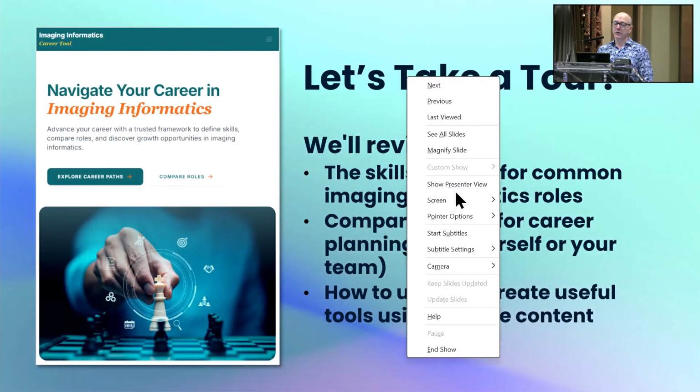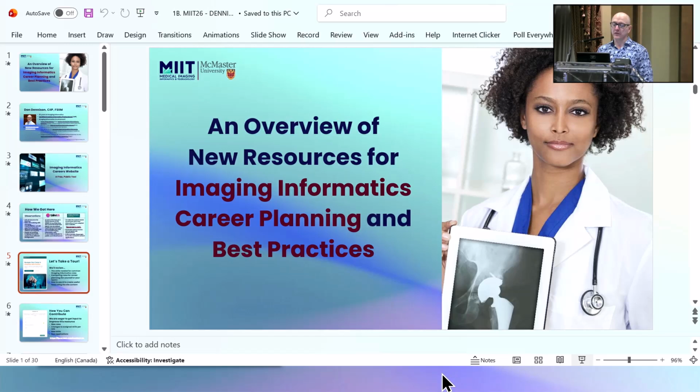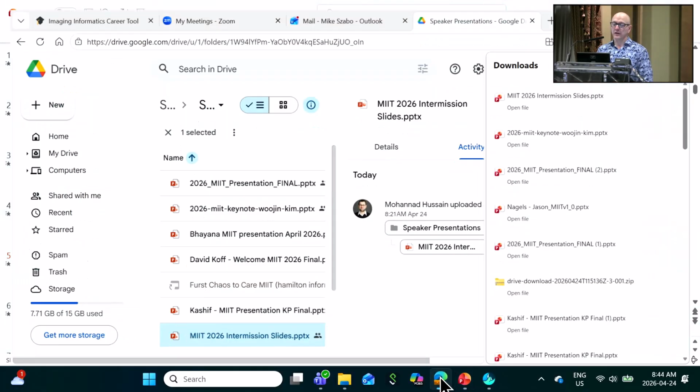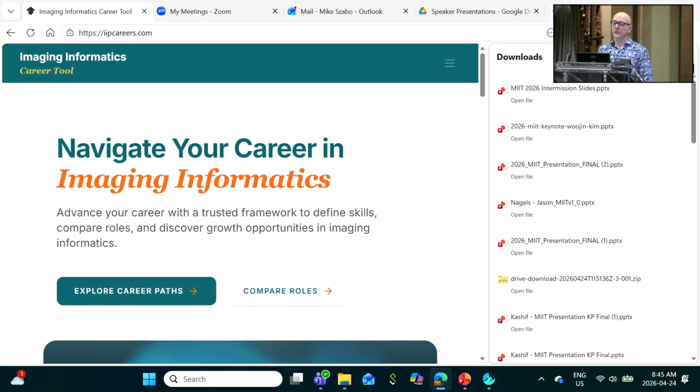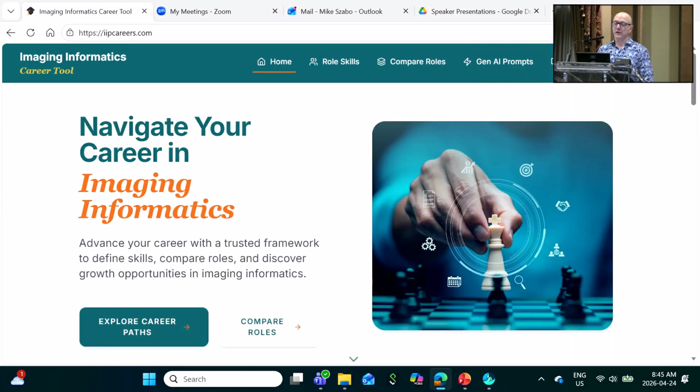So I believe I just have to come out of here and then here. This one? All right. I don't know if you can hit F11 to go full screen, but